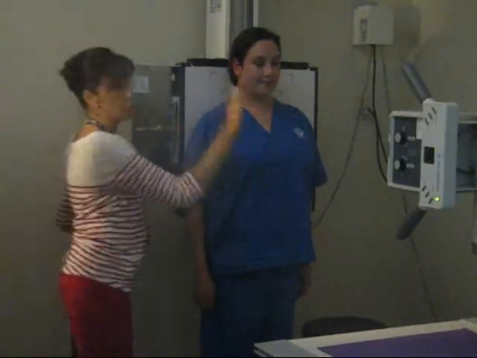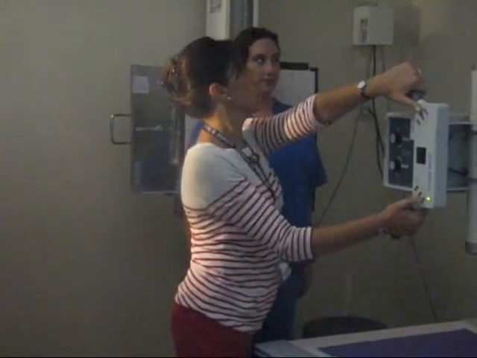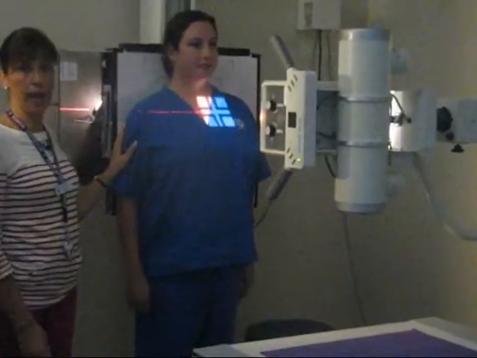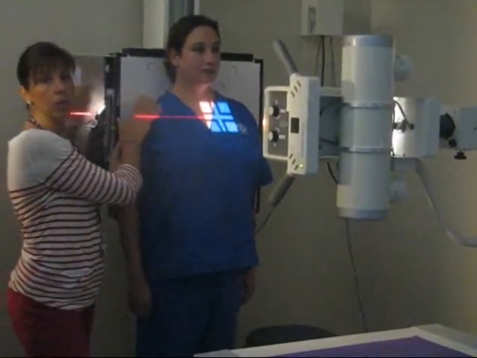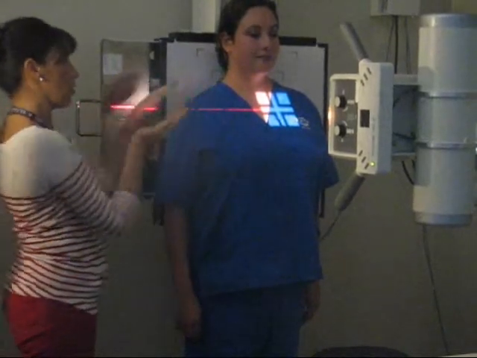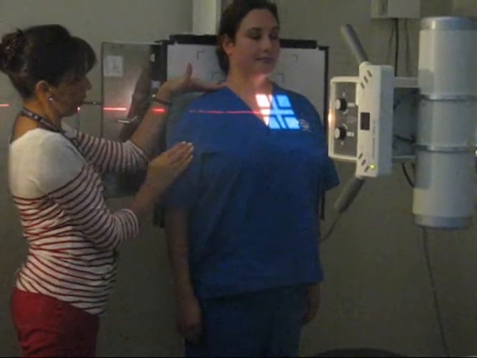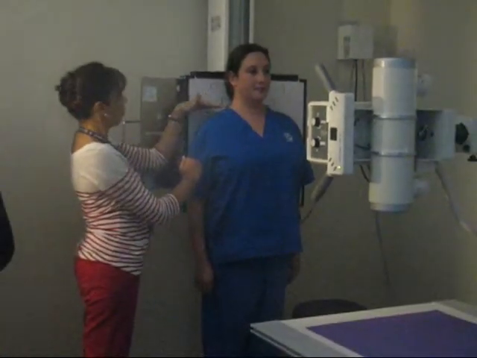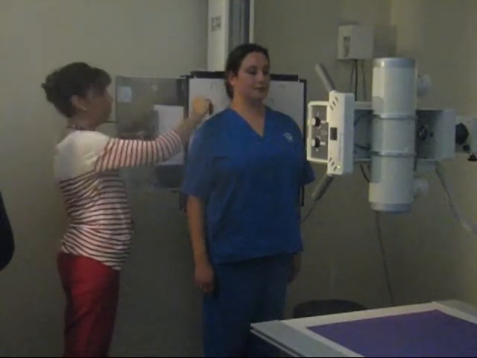Okay, your SID is going to be 40 for the shoulder, and no rotation on the central ray. So the central ray is going to be perpendicular to the IR. Okay, we're going to place the IR, so remember we want to see the shoulder all the way from here to about there. Okay, so you're going to want the film to be slightly on top of the shoulder, probably